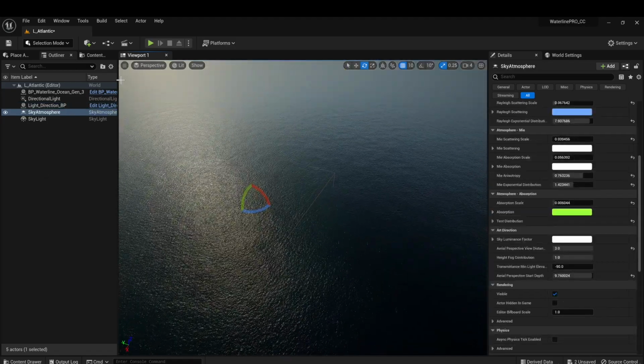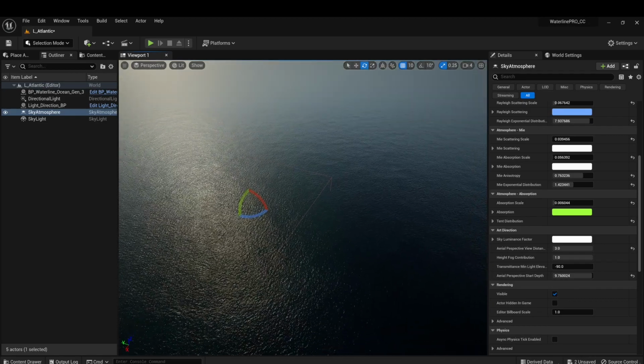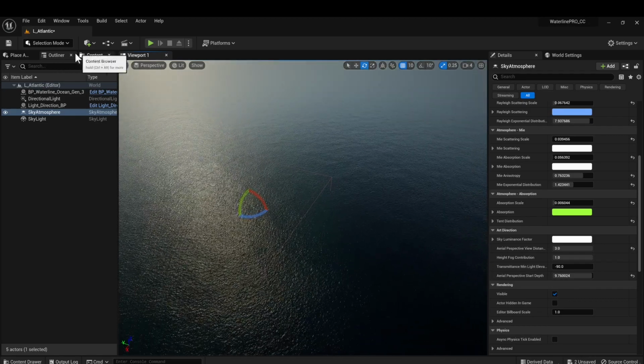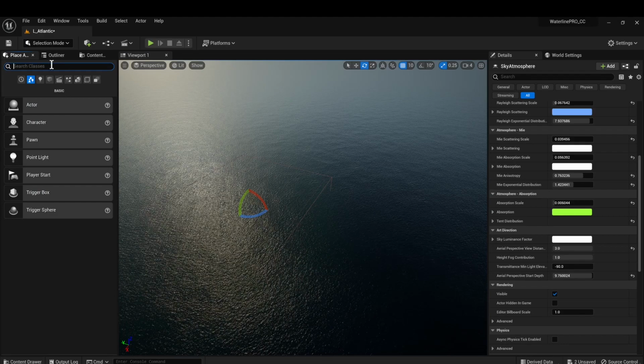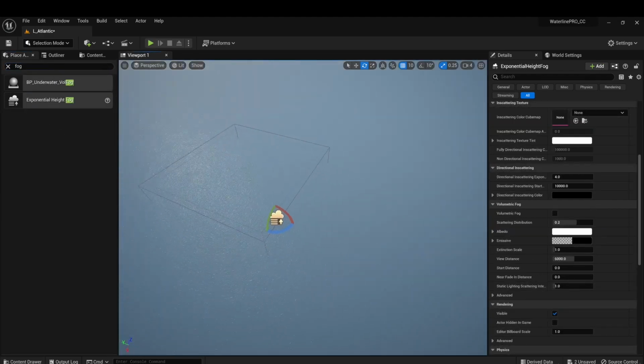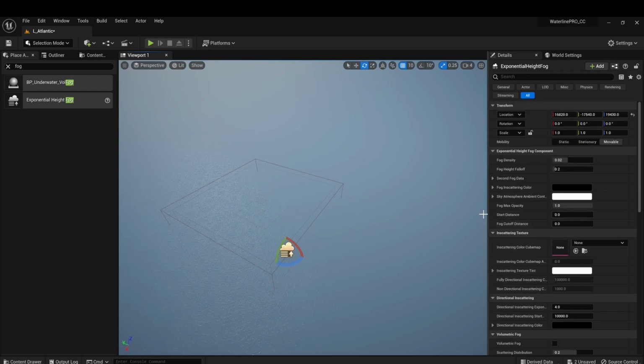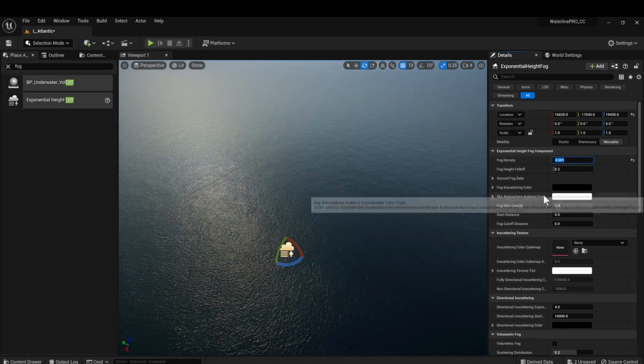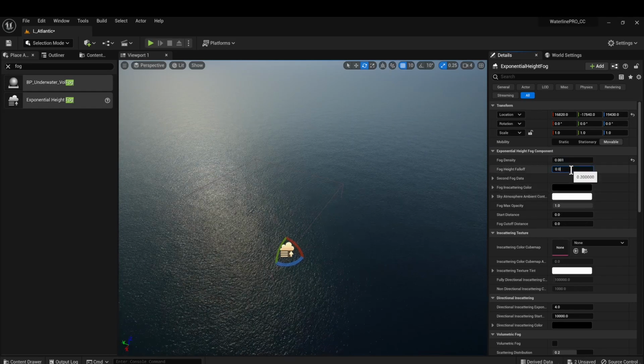So next up, let's add a quick exponential height fog just to better blend the environment with the water and everything. So place actor, fog, drag and drop, and things are going to look terrible at the beginning. So let's adjust a couple of parameters. First of all, let's drop the fog density to something super low like so, and adjust the height falloff to another low number,